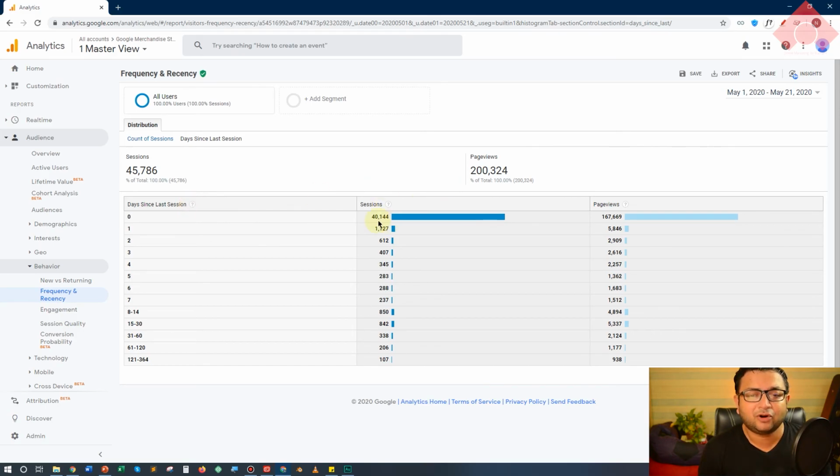There are 40,144 sessions which were created once and the users probably didn't visit the website after that. Okay. There were 1,127 sessions created in this period whose last visit was one day before. Okay. And then you will find there are 612 such sessions who visited the website 2 days before, right?